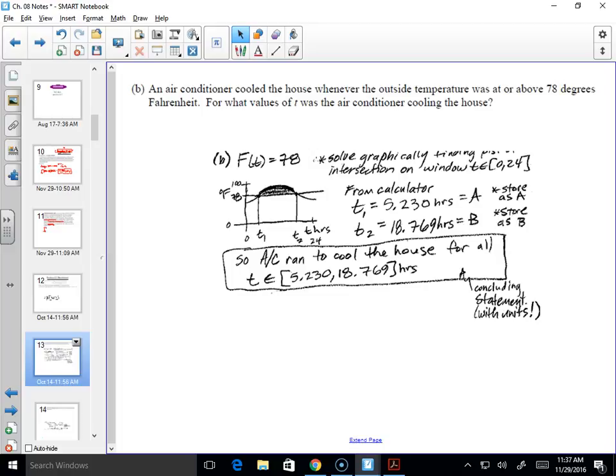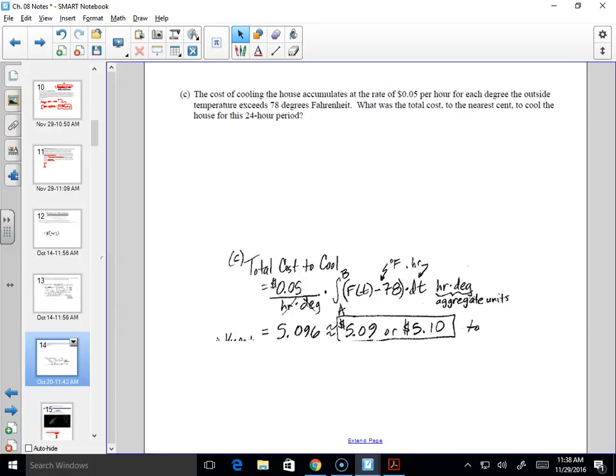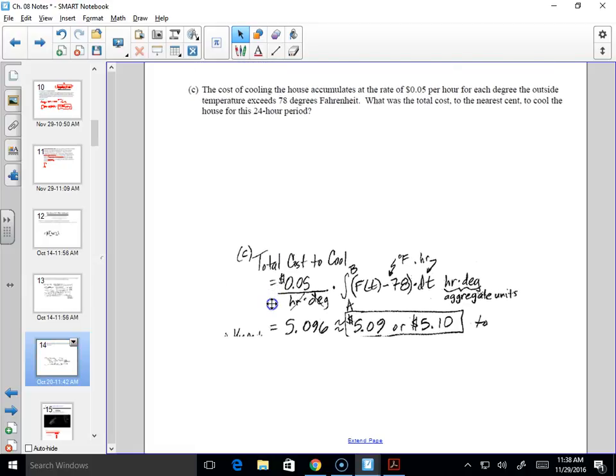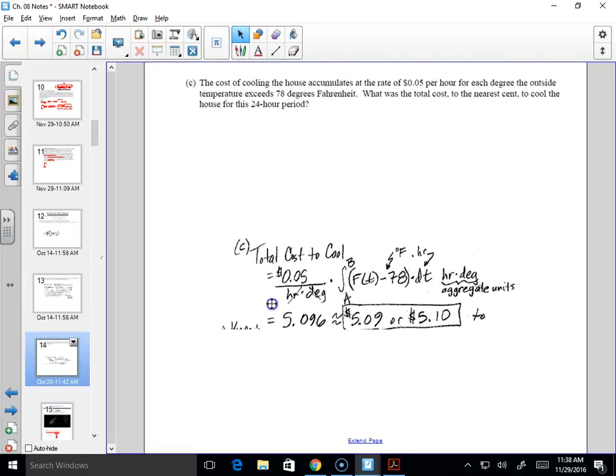Letter C says, for that time interval from 5.230 to 18.769, it's going to be cooling the house. And it says that the cost of cooling is 5 cents per hour for each degree the outside temperature exceeds 78 degrees Fahrenheit. Well, how are you going to figure out how many degrees? What does this measure? Degrees Fahrenheit, right? So if you want to accumulate those degrees Fahrenheit,